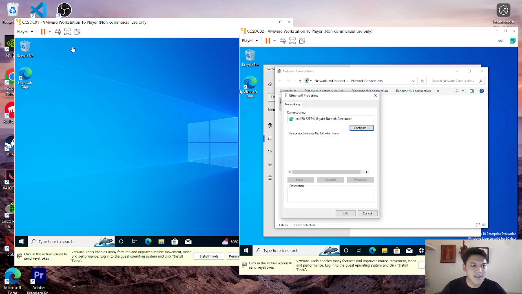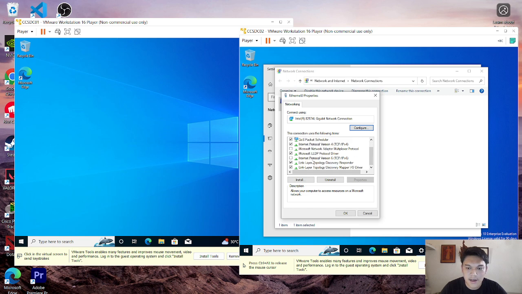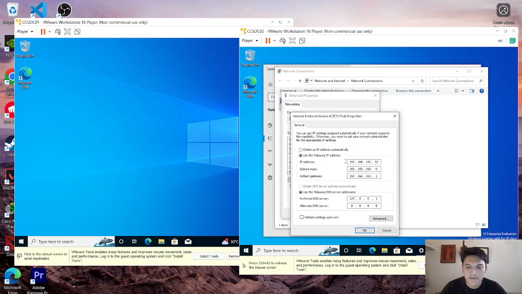Same thing with the CCSDC01, I uncheck the Internet Protocol version 6, then go to the properties of IP version 4. Then this is the IP address I already talked about, 192.168.152.52. Then the default gateway is also the same.